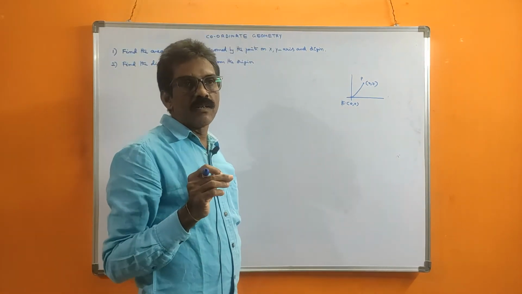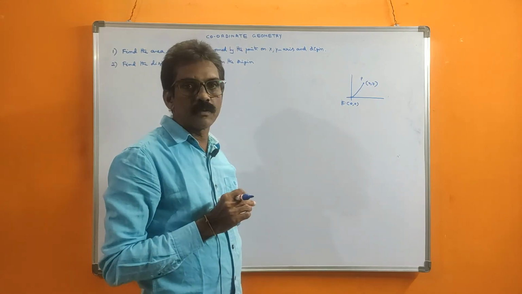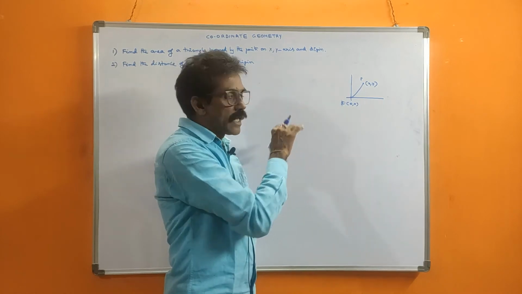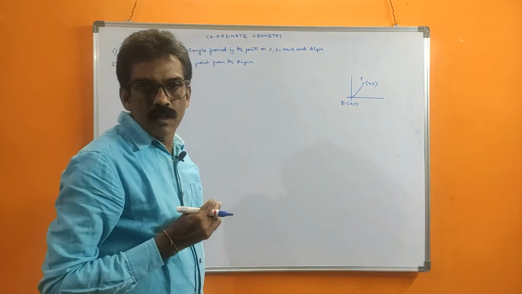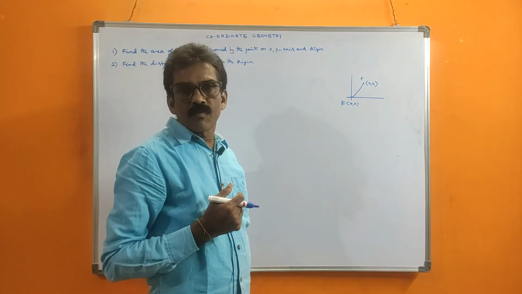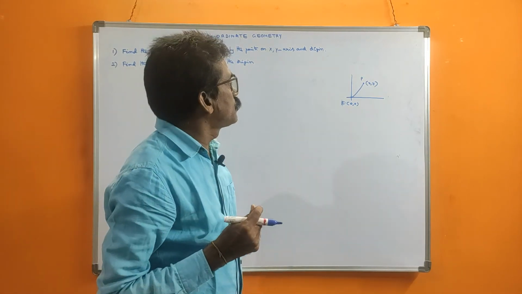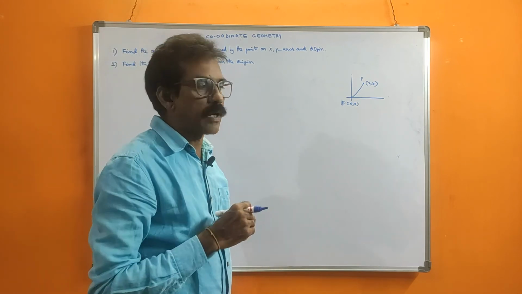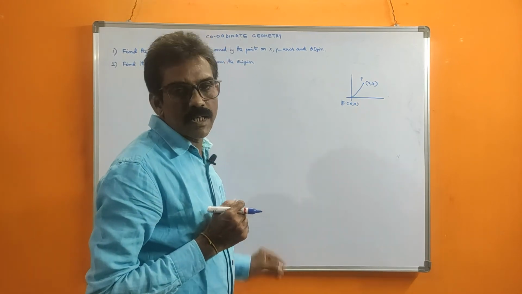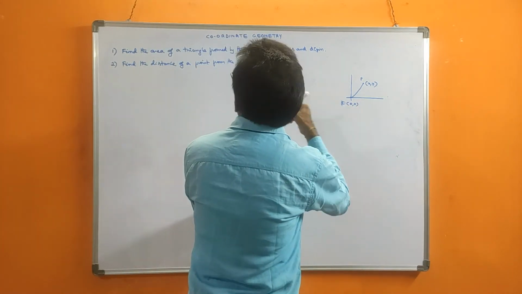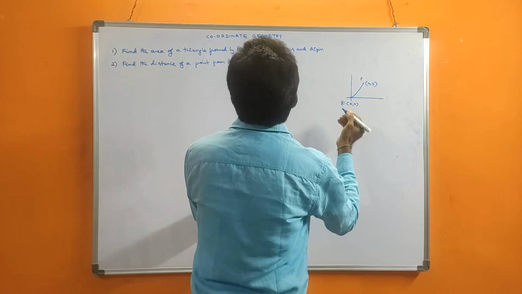Anytime one point is given, what is its distance from the origin means like one formula we are deriving. Here we are finding that length, but in the previous lessons it is used as a formula. Whenever we want to find the distance of any point from the origin, we can use this directly. Okay, now you know find the distance of the point from the origin.